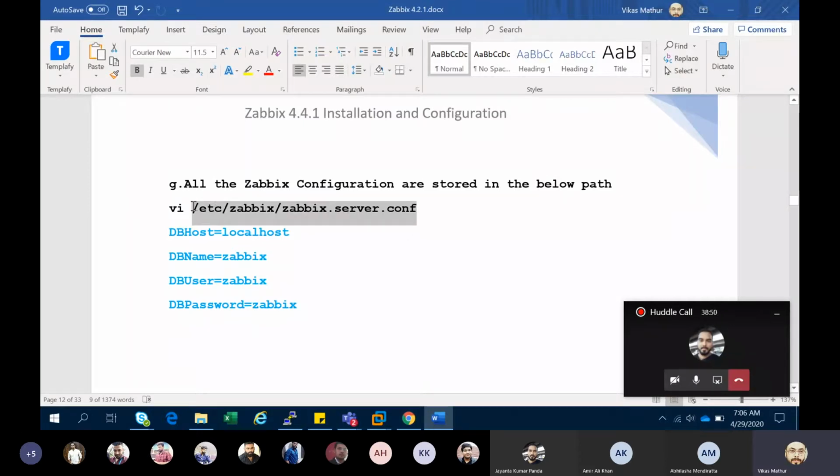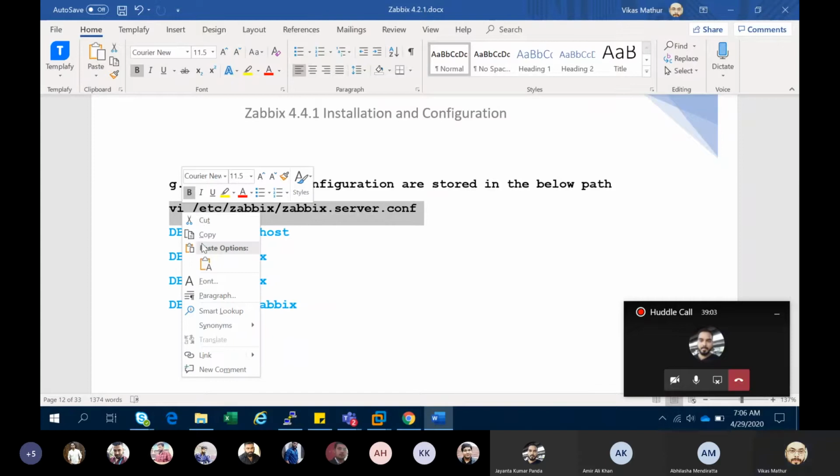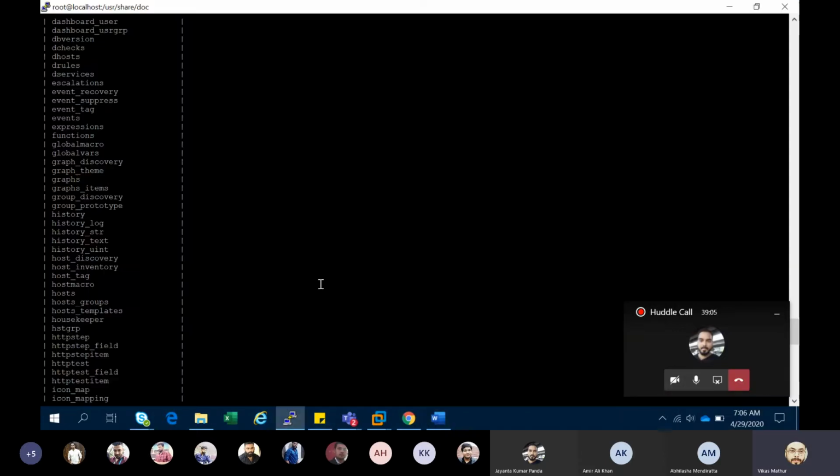In this configuration file we need to change the DB password and DB user, and the DB log you have to leave, you don't need to change anything. If you want to see this, I will show you.